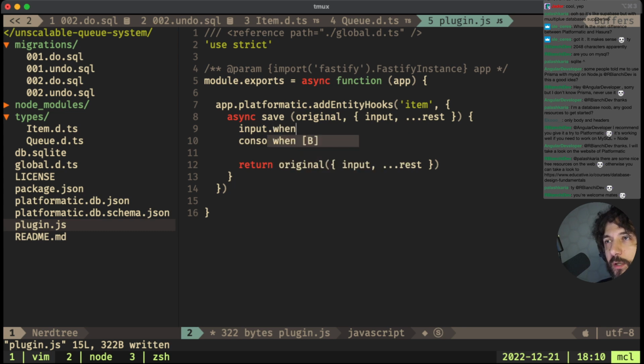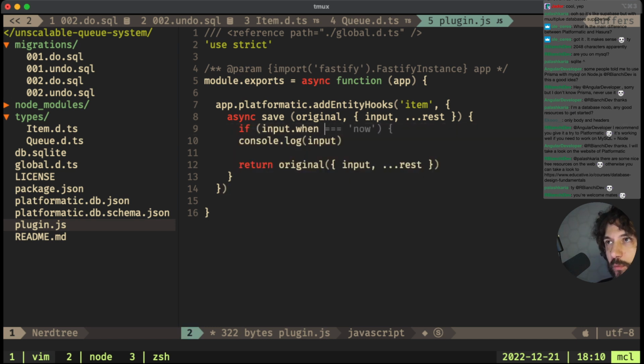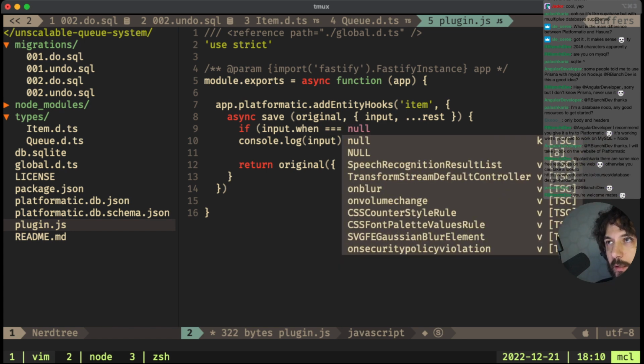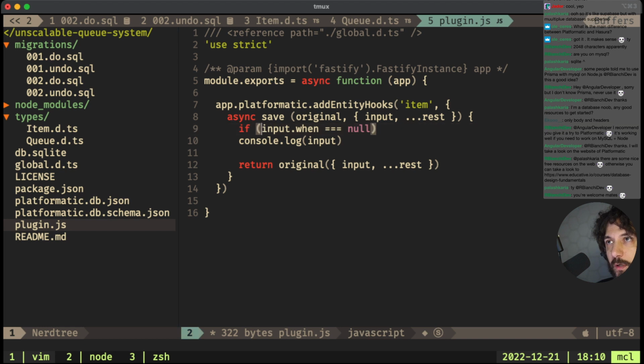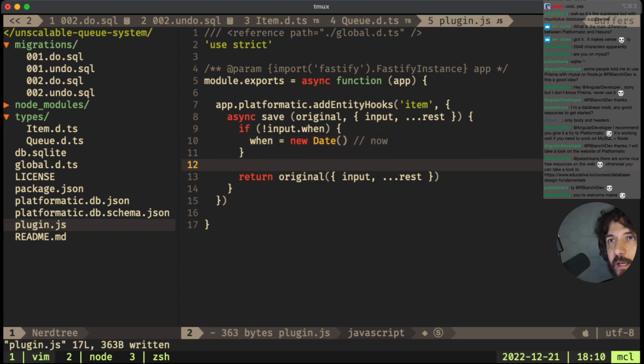So if input.when equals null, well, if it's not there, let's do that: when equals new Date. Now, cool. We have console log, and now we can save this.